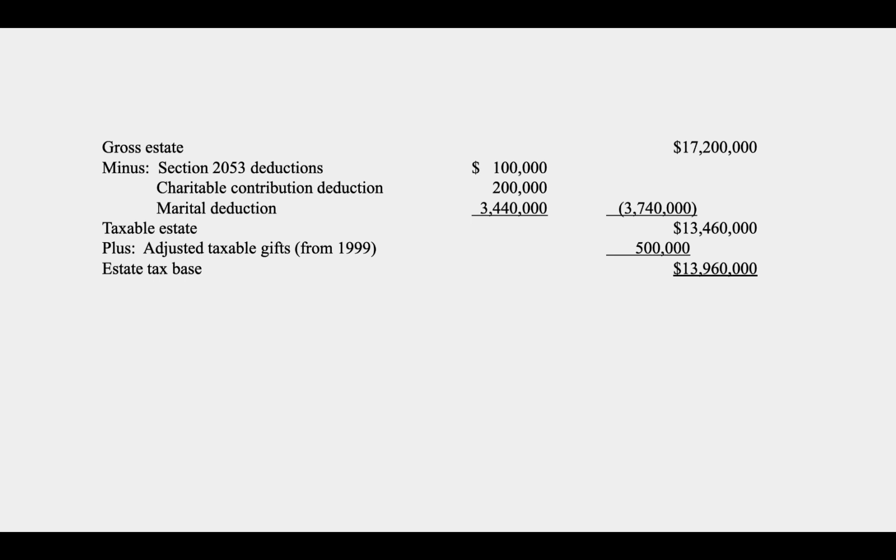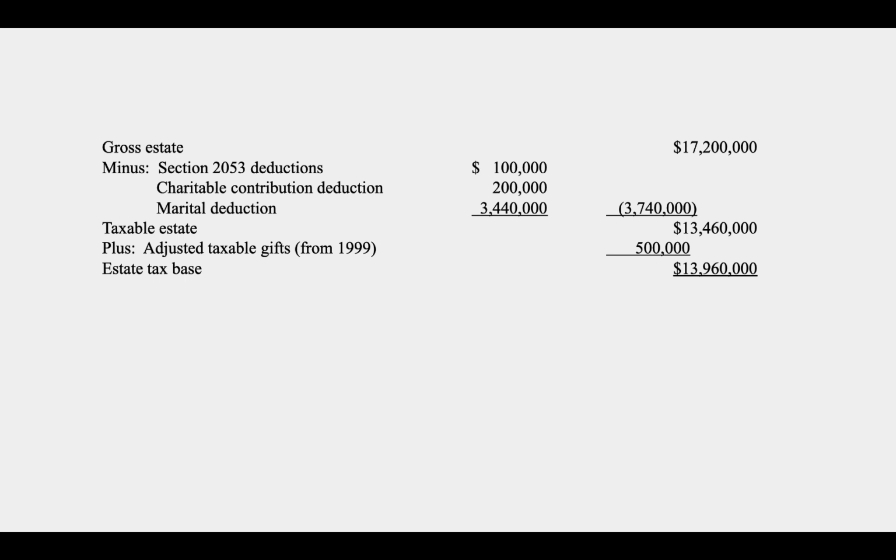And remember, she gave her spouse 20% of her gross estate, so that's how we got that $3,440,000. All these deductions are allowed without limit. So we subtract them, and we get her taxable estate of $13,460,000. We have to add back her adjusted taxable gifts